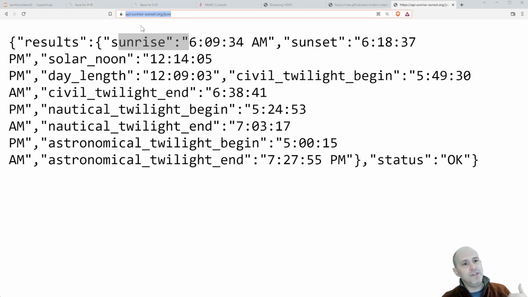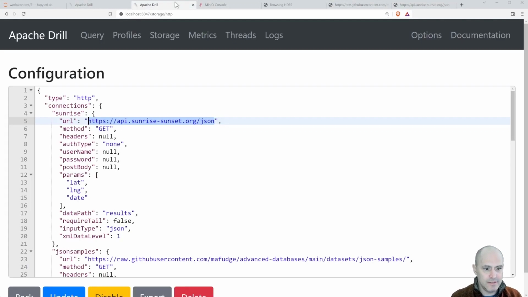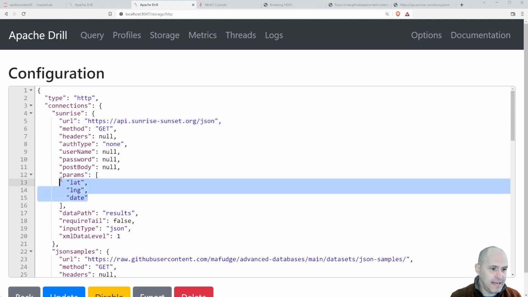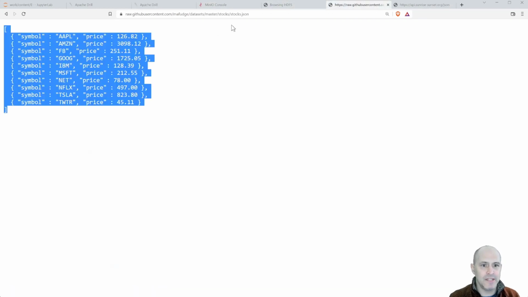Now, one of the things that you can pass into this is a lat and a long and a date, and it'll tell you when the sunrise and sunset would be on the globe at that date. Okay, so those are arguments that I need to pass in to make it work. So if I go back here, you'll see that it takes lat, long, and date as parameters, right? And that usually means in a web browser that you're doing this. You're saying,